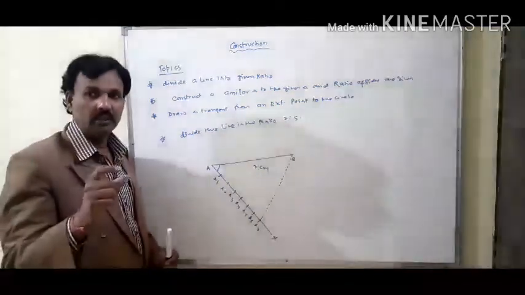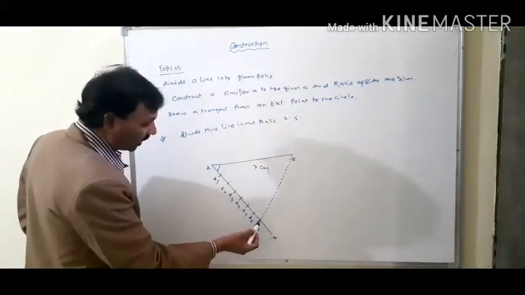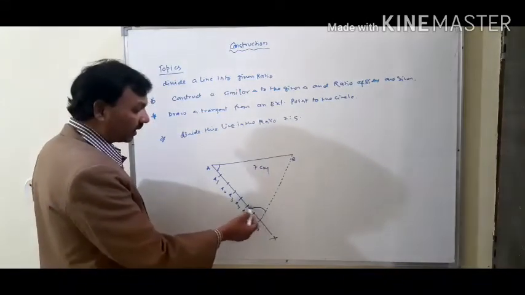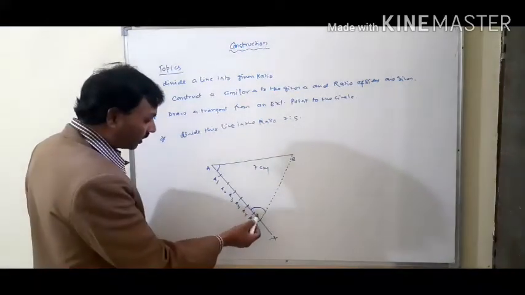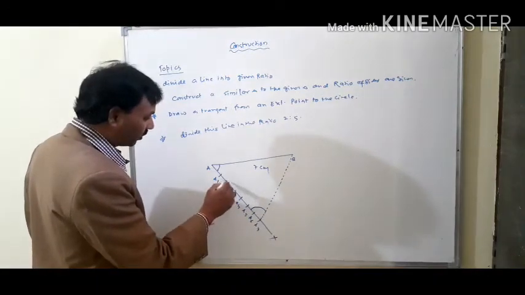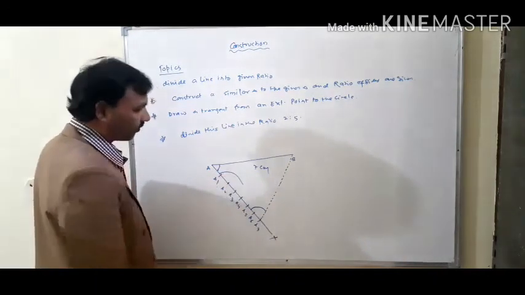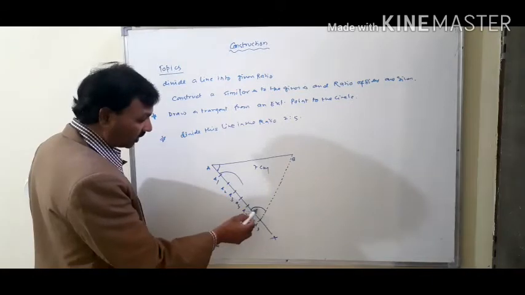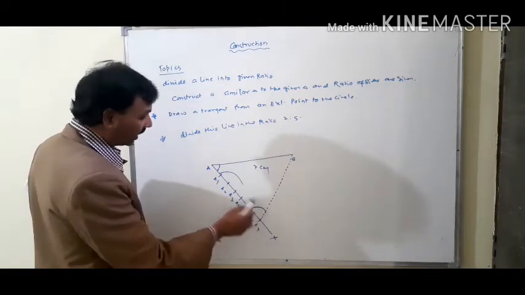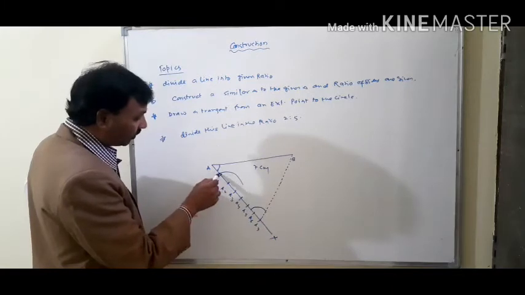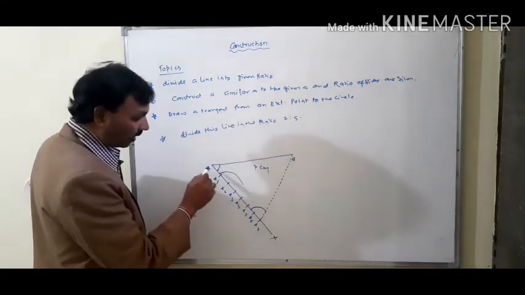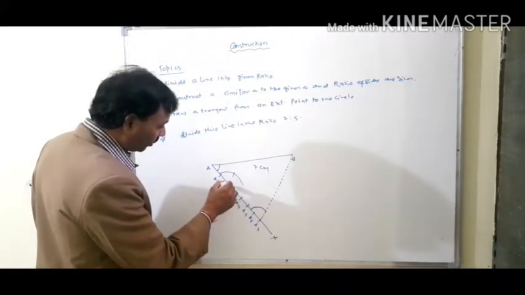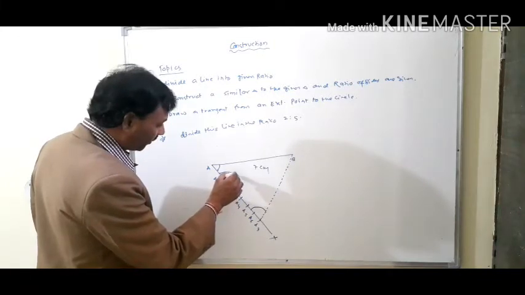First we take any radius in the compass, put it on this point and cut an arc like this. Now don't increase or decrease this radius, put the compass on the point A2 and cut an arc like this. Again with the help of the compass, we measure the length of the arc, from here to here, and the same length we cut as another arc from this point where the arc cut AX, like this, and join A2 and this intersection point of the arcs with the help of a scale.